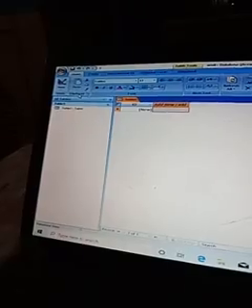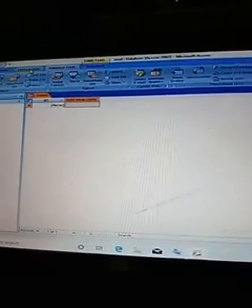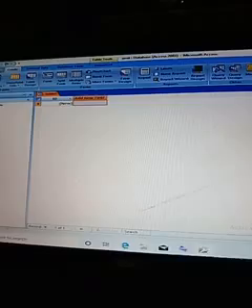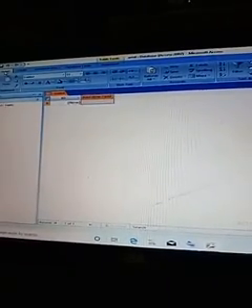For example, the home tab has views, clipboard, font, rich text, records, sort and filter, and find. These are the groups, and each tab has a ribbon. So I am showing all the tab ribbons. Now we will see the dialog box launcher.